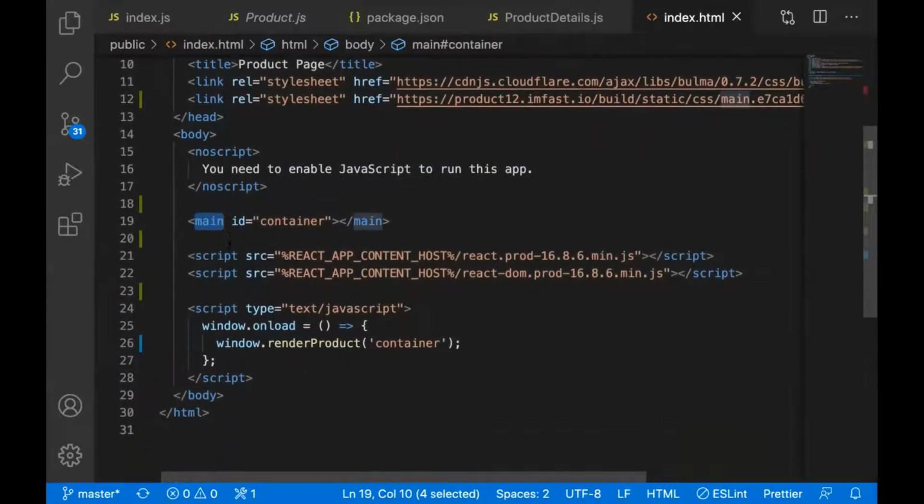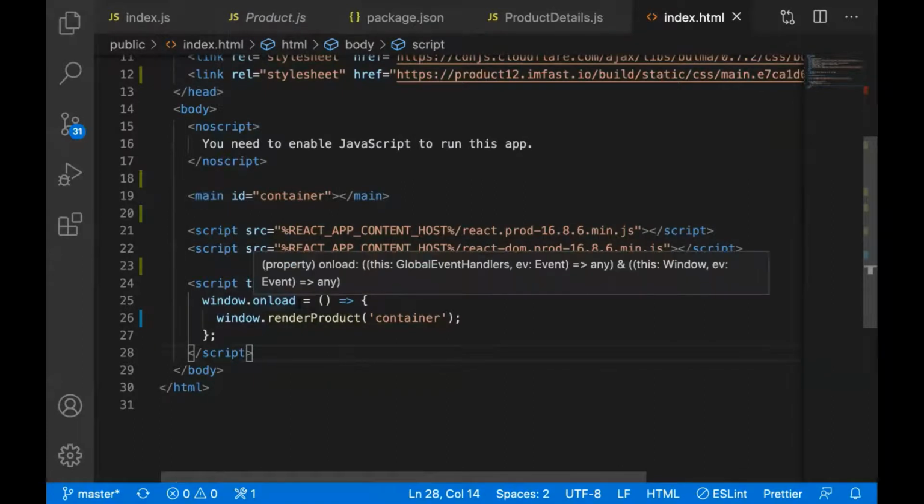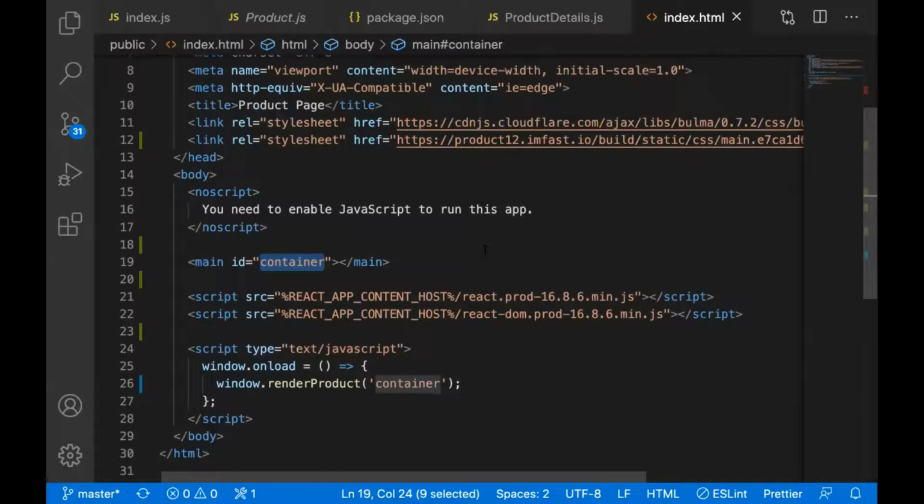So on that index.html, we will add one script, and what the script will do, on window.onload, is call index.js. We already have the one global method. So on window.onload, it will call window.renderProduct, and we will pass the container ID for the micro frontend. This way, the micro frontend can run independently, so that we can develop it easily.